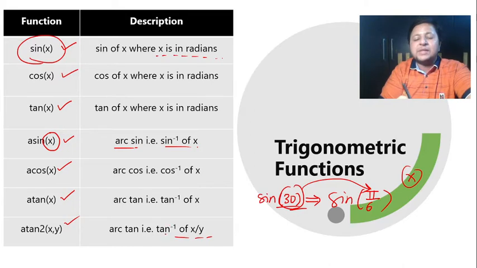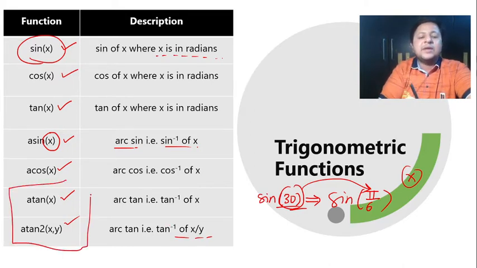So this is a specific separate function which is being kept. As far as tan inverse are concerned, we have two sets of functions. atan(x) gives you tan inverse of x with a single argument, and atan2(x, y) is going to give you tan inverse of x by y. So these are nothing but the trigonometric functions from math.h.